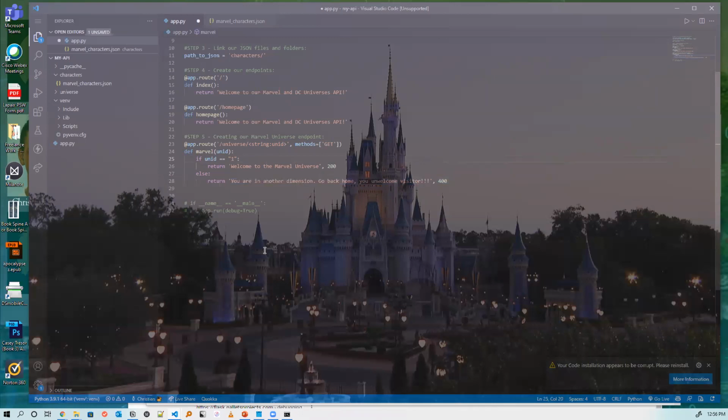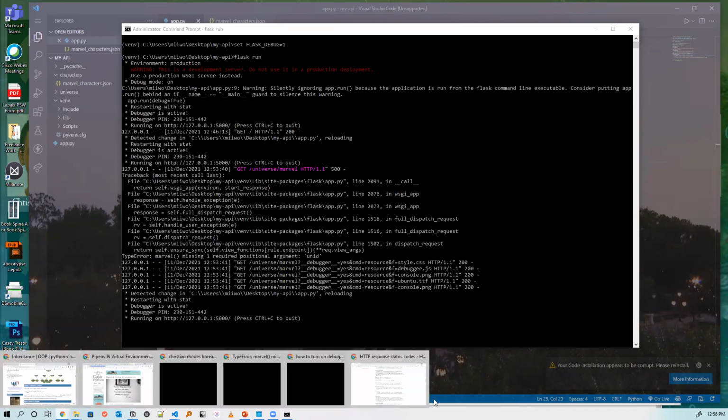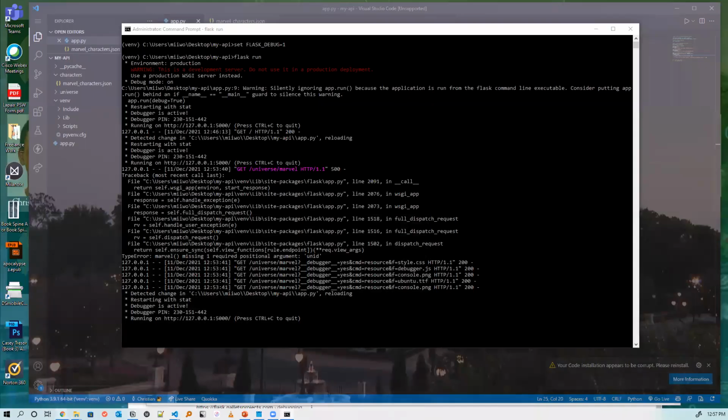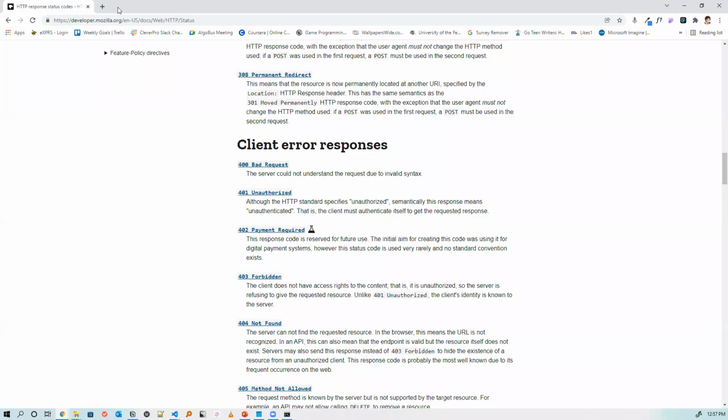So if I hit save, but I do not restart my Flask environment, and then I go into here, I go into my